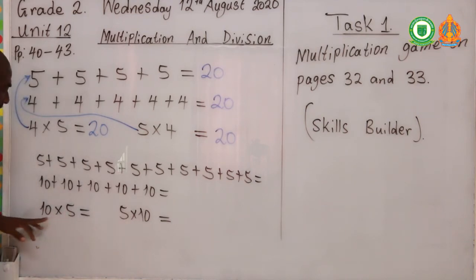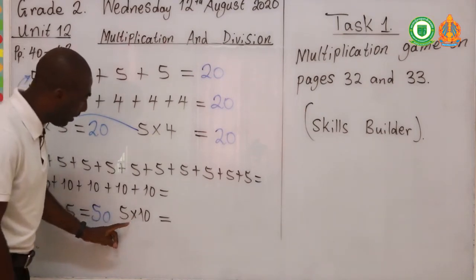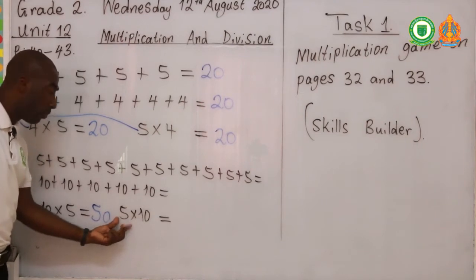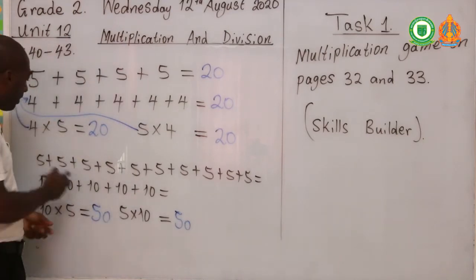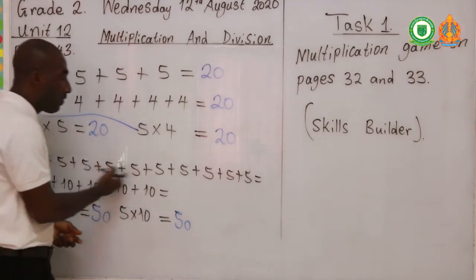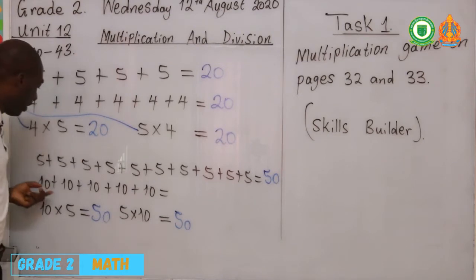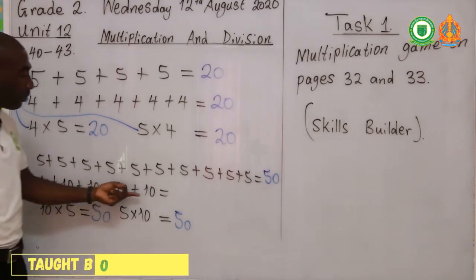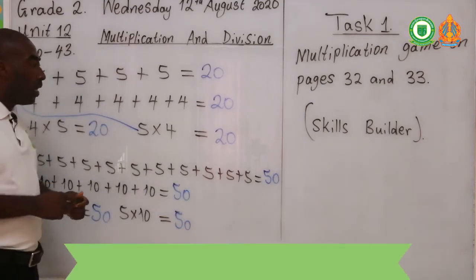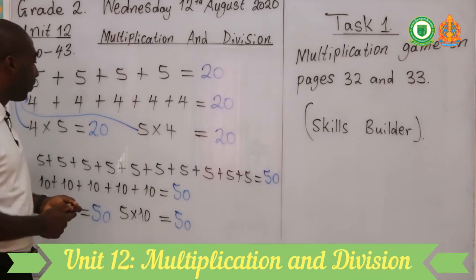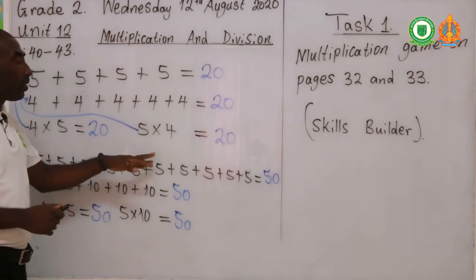So 5 in 10 groups is going to give us 50. And then 10 in 5 groups is also going to give us 50. That means 5 plus 5 plus 5 plus 5 to the last one is going to give us 50, and 10 plus 10 plus 10 up to the fifth one is also going to give us 50. So what are we studying here? What we are studying is that whenever you have a multiplication like 5 times 4, it means that you have